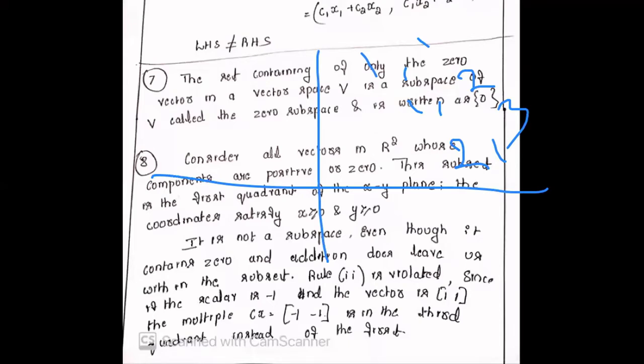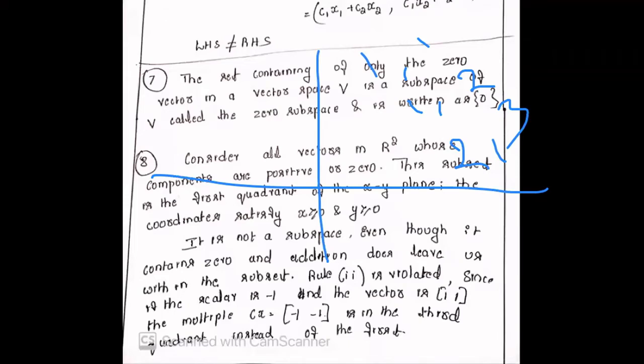So you have to find out whether the first quadrant is a subspace. I considered two vectors (1, 1) and (1, 2). I added them, you got (2, 3). So it's fine, one of the conditions of the subspace is satisfied. But what is the other condition? You have to multiply with a constant. You have to find out whether Cx exists in the subspace. But the zero vector is always there, because x is greater than or equal to 0 and y is greater than or equal to 0. It includes the zero vector, so no problem.